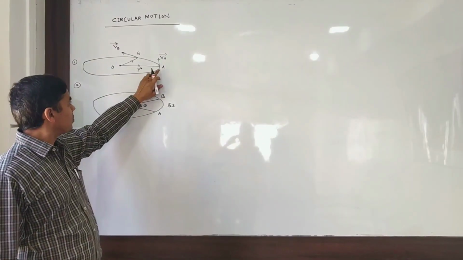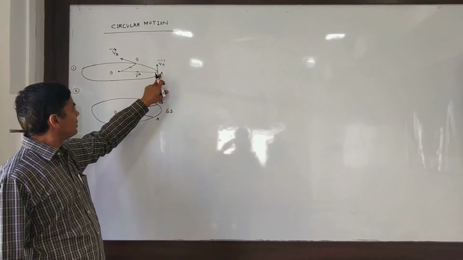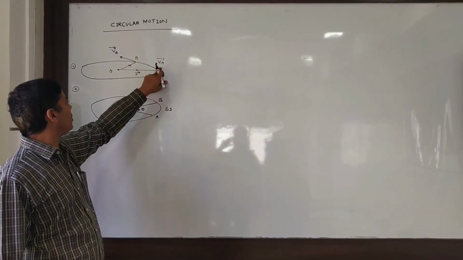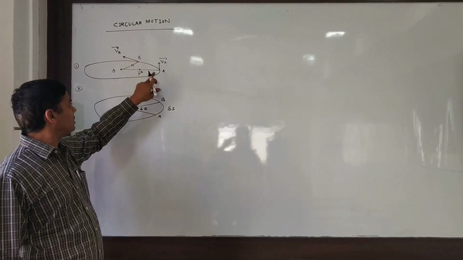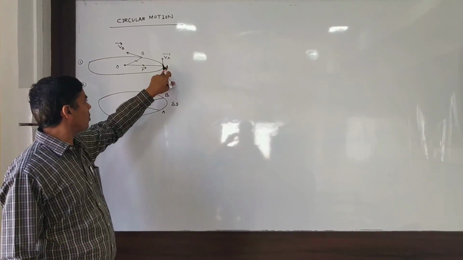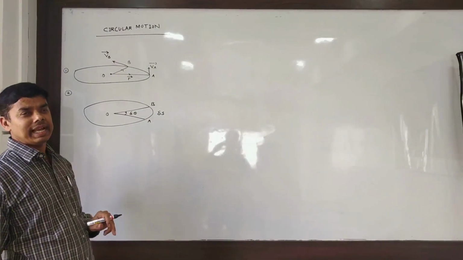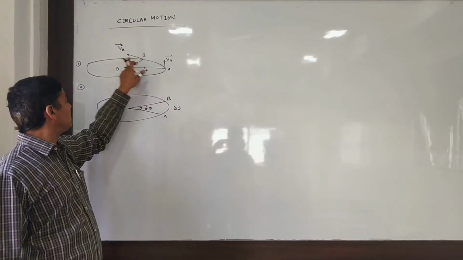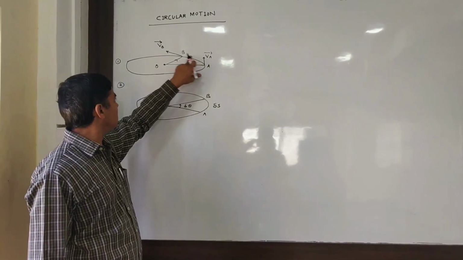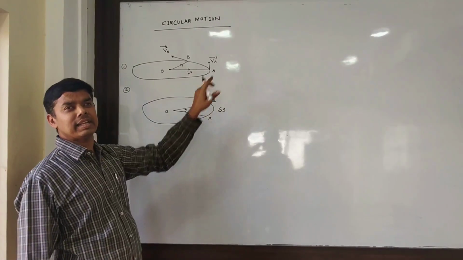Now, suppose that A and B are two positions of the particle on the circumference. If we consider the velocity of the object at point A and at point B, we observe that the velocities are along the tangent. As we know, the velocity of an object performing circular motion at any point is directed along the tangent. It means that velocity is tangential, and as the tangent changes its direction at every point, velocity also changes its direction. As velocity changes its direction at every point, we can say that circular motion is always an accelerated motion.